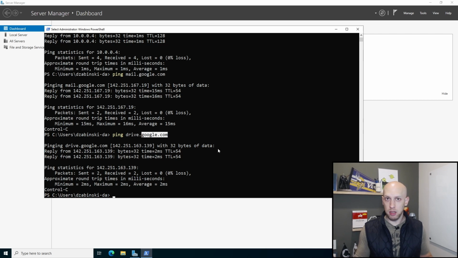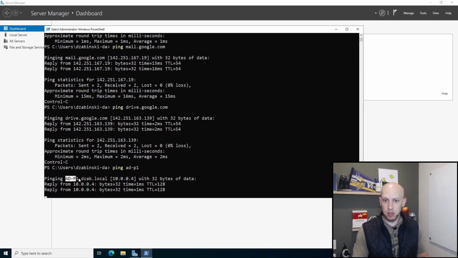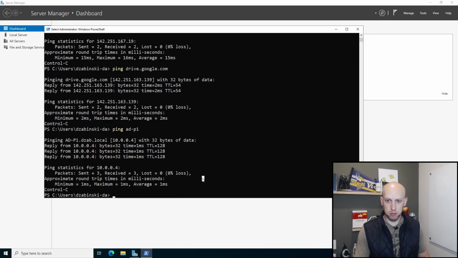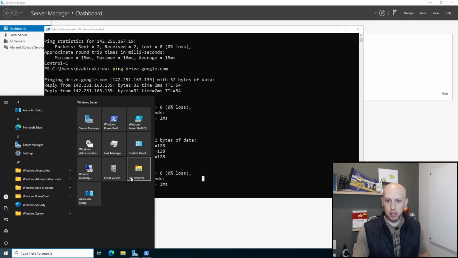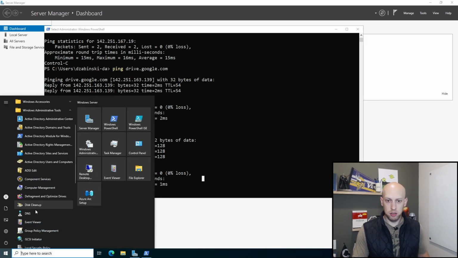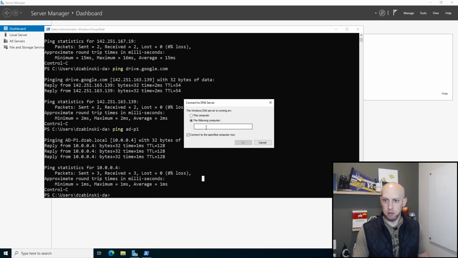Likewise, in a private AD environment, the subdomains or the names that exist under your root domain usually represent a number of different objects. The most common one, like we did with our very first ping, ADP1, this is my domain controller. ADP1 is a record that's under my dzab.local domain. Cancel this so it stops running. If I look at the DNS for this domain,